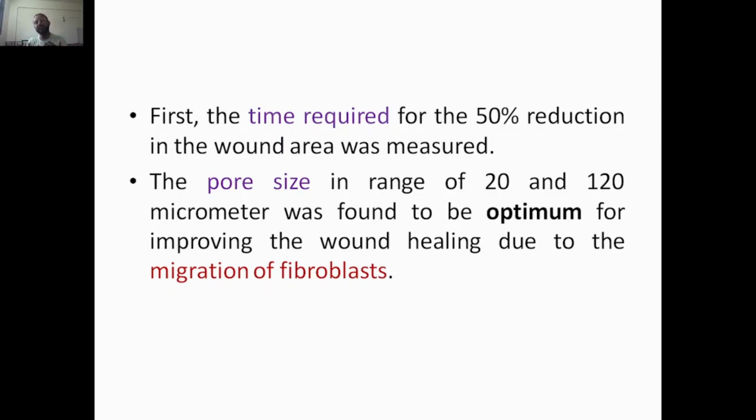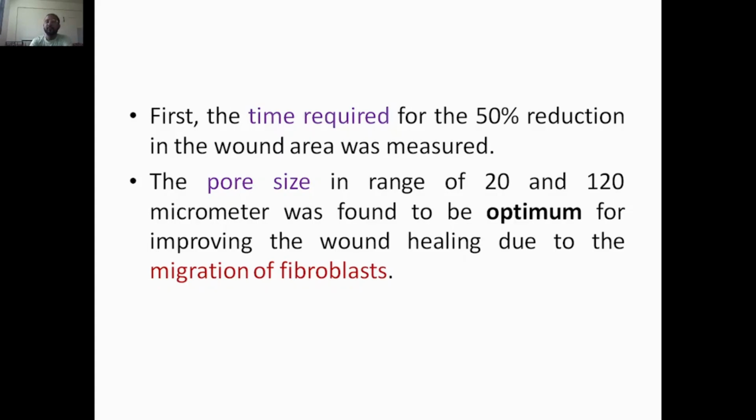What is optimization? By a trial and error method, many experiments should be conducted with different pore sizes, and the results should be seen. Wherever the result is better, that will be our optimum parameter. Here the optimum parameter, that is pore size, ranges from 20 to 120 micrometer. This particular range was found to be optimum for improving wound healing due to